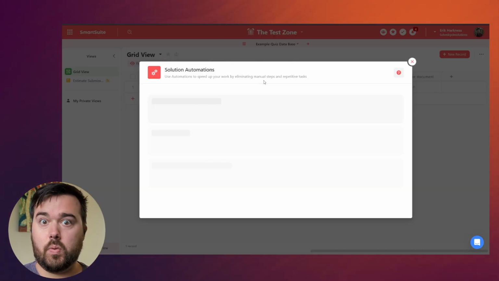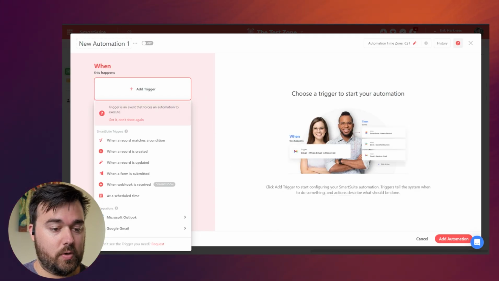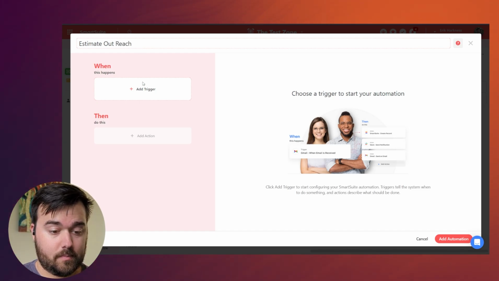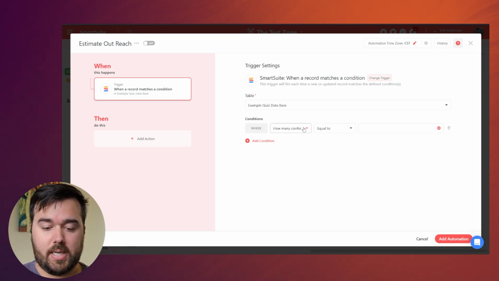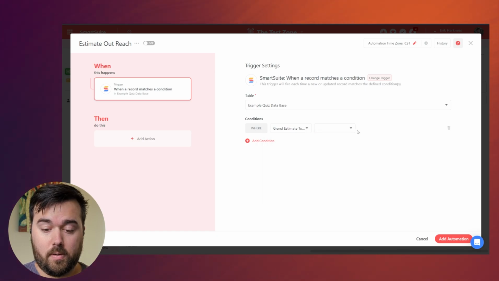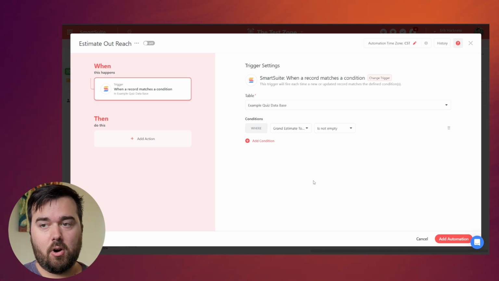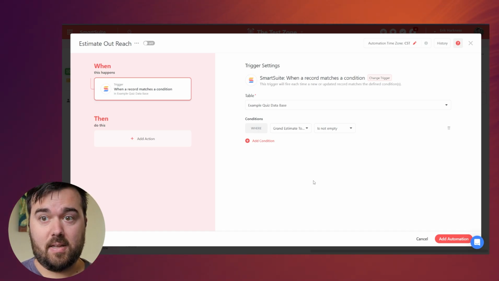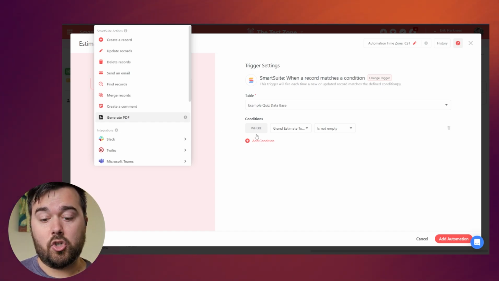So let's go into the automation section here. I'm going to create a new automation. We're just going to call this estimate outreach. I'm going to say when a record matches these conditions, because we need to know, basically, we need to make sure that the grand total is not empty. So this means that if there's an error, it shouldn't go out, but this is just making sure that we have everything that we need to combine all of the questions that we have. So once that is set up, we can then hit generate a PDF,